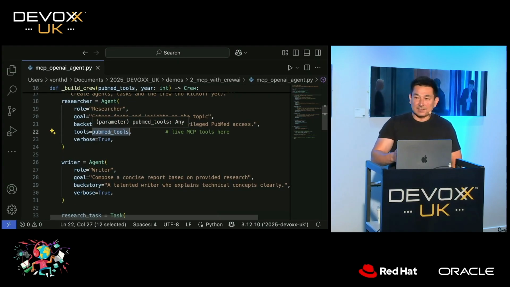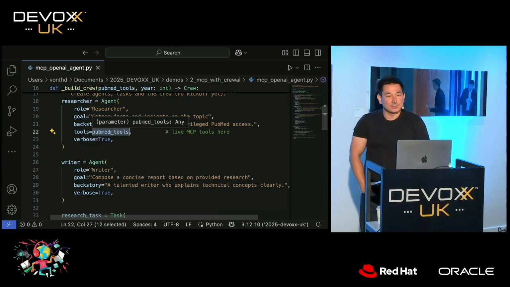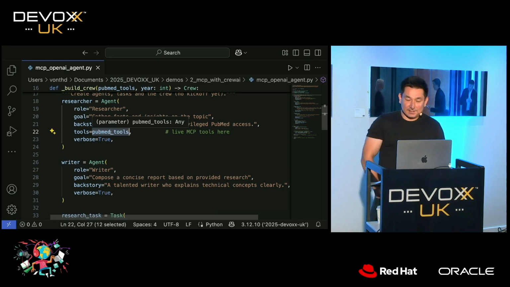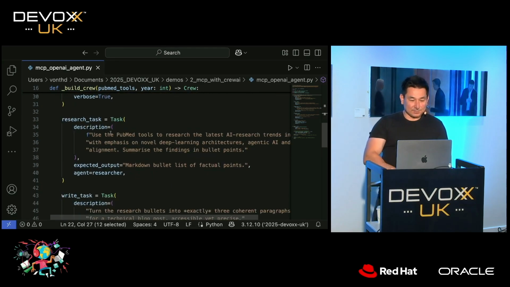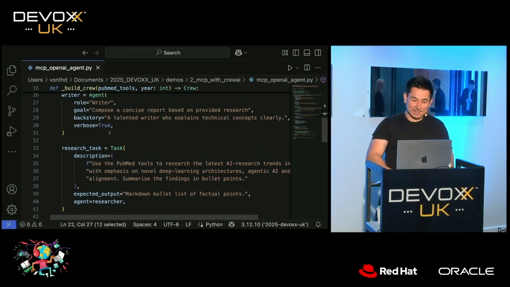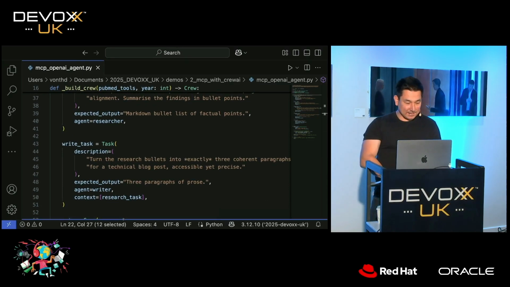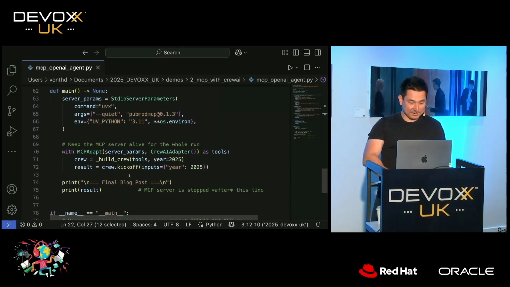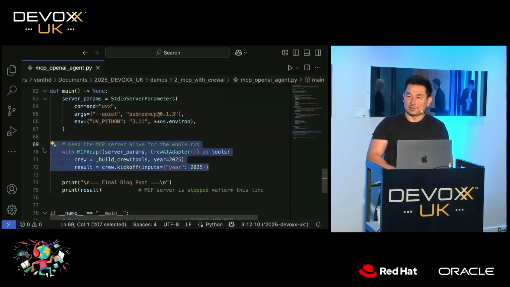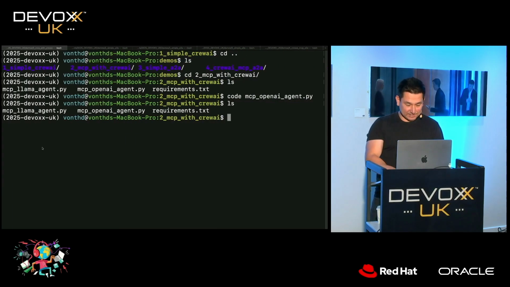I gave it the capability to go and query PubMed tools, which is a huge online repository for medical publications. And so the researcher can now go research and pull information from PubMed. We have the same research tasks, go research something, go write something. And we also then have our MCP endpoint within the same process here. So if we go ahead and we just run that,